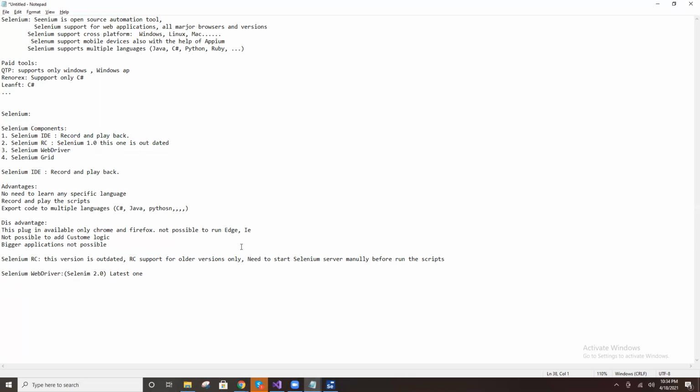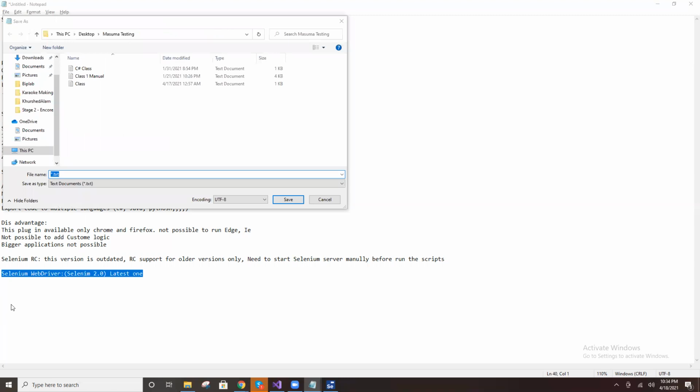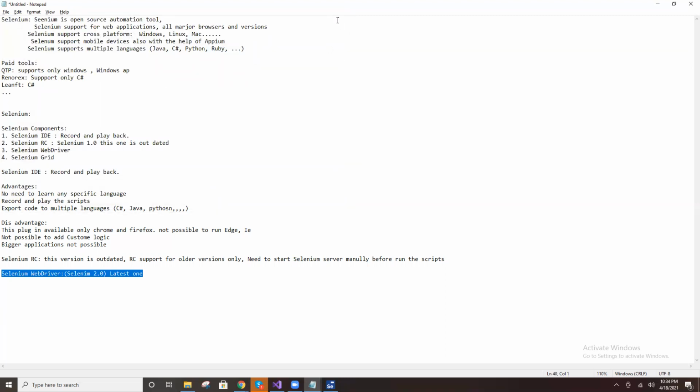This is a very big concept; it will take more time. Now Selenium Grid. Selenium Grid is nothing but running the script on different machines.